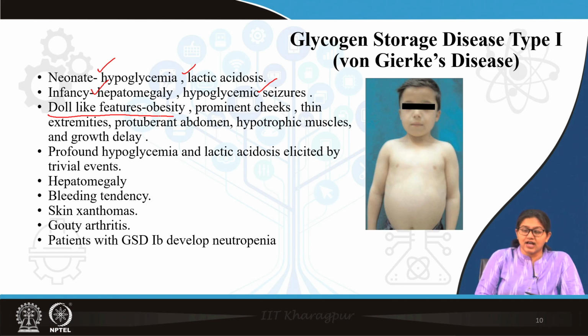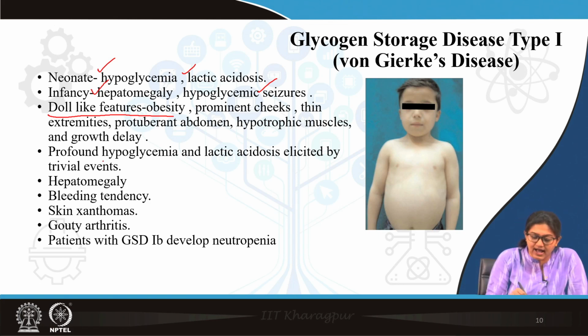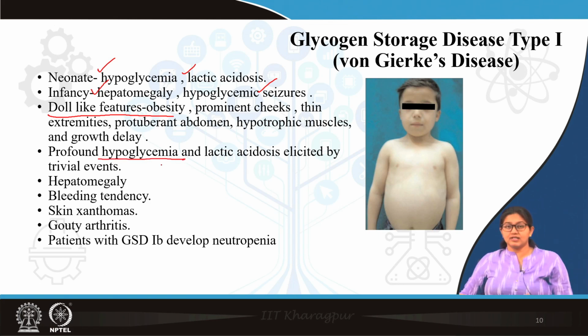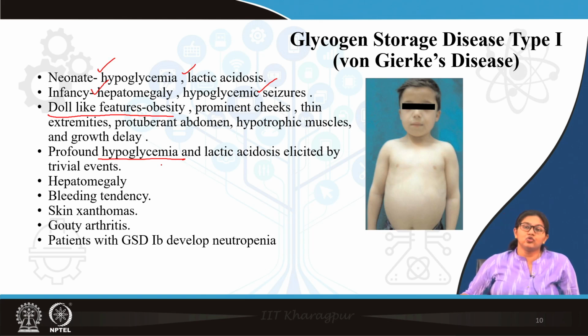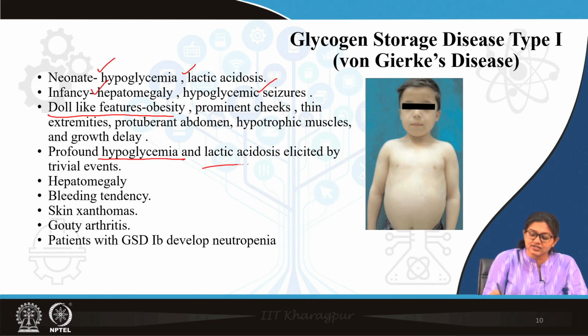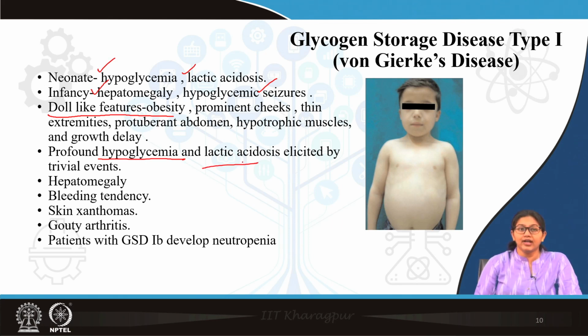Now, what they suffer from, the most important one is hypoglycemia. Basically, there is absence of glucose supply from glycogen. So, there is hypoglycemia, more specifically fasting hypoglycemia. Along with that, lactic acidosis is also present, then hepatomegaly as already told, then bleeding tendency